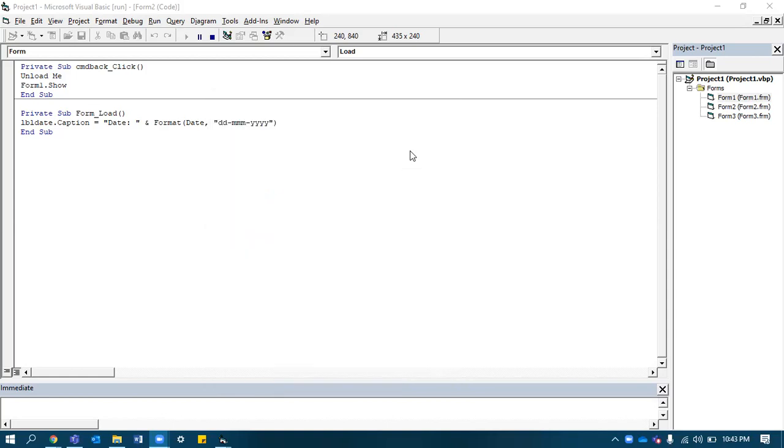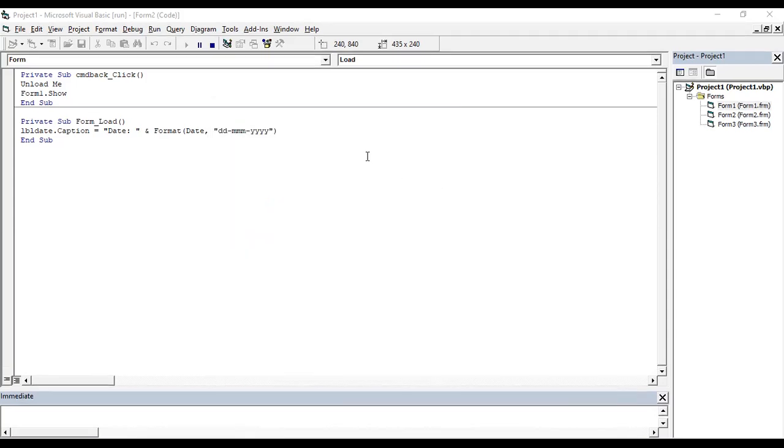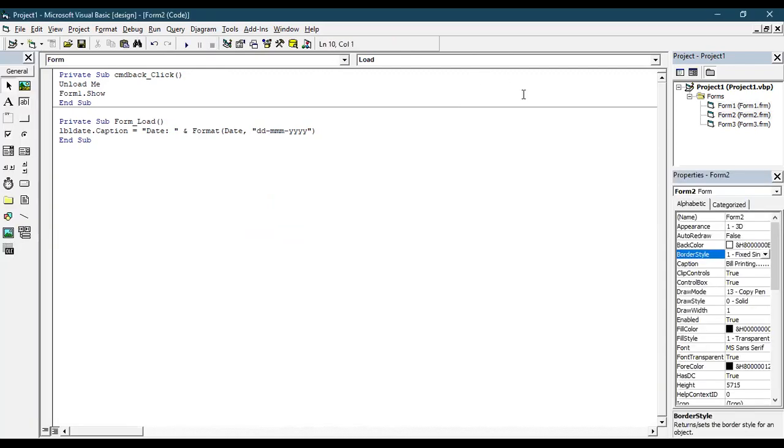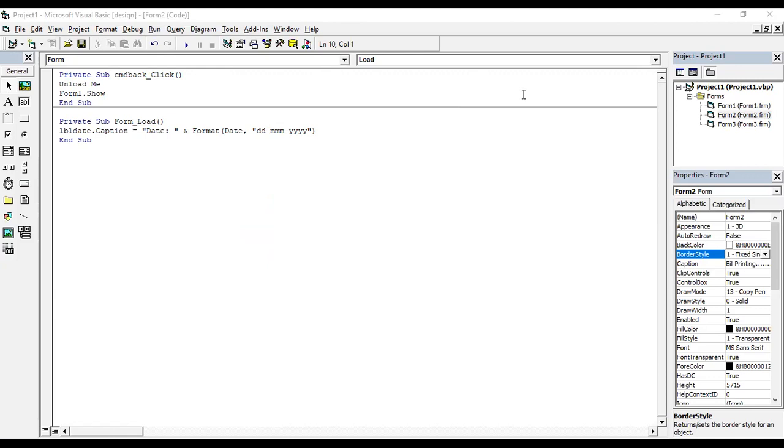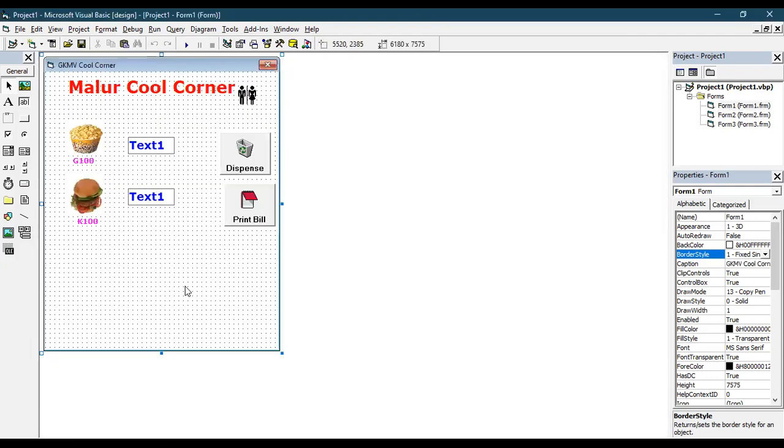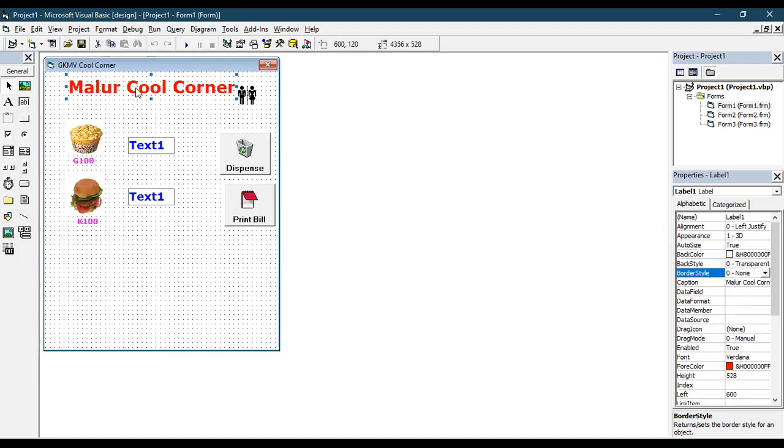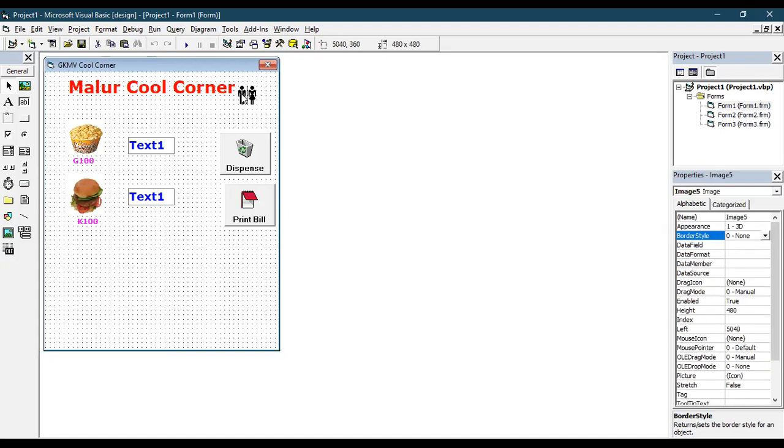Let me teach. To do this application, you need to design two forms. Let me show the first form design. This will be your first form where you place one label, and one picture. If you want, you can place it, otherwise you don't need to. Here is image one; take any picture from your system and place it. And here one more image is placed.